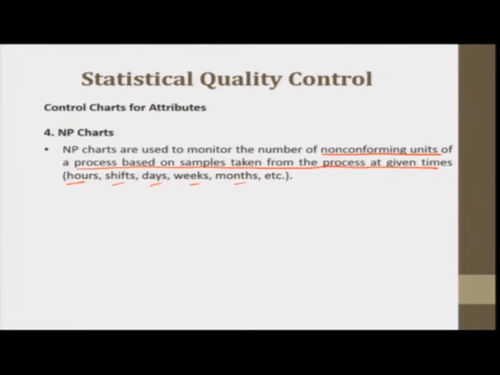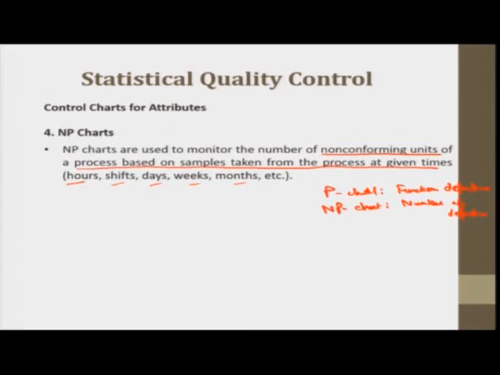So the P chart is one that shows the fraction defective, whereas the NP chart shows the number of defectives. I will put it clearly here. P chart, okay, it shows the fraction defective, and NP chart, it shows the number of defectives. As you can see, the NP chart is there. P was the fraction and N is the number. If I multiply the number to the fraction, it will show the number of defectives.